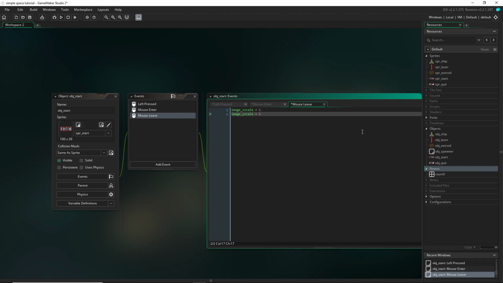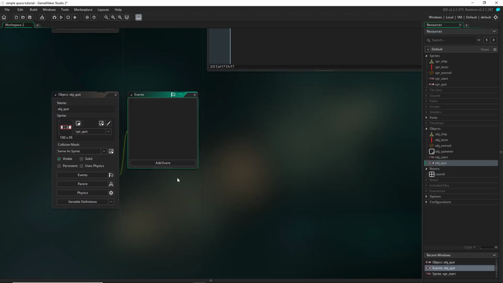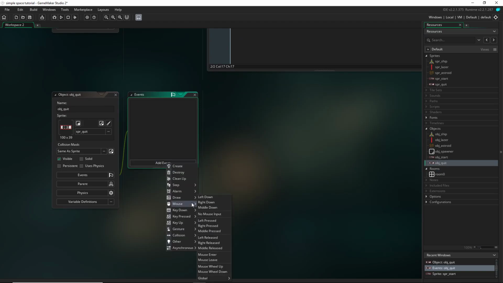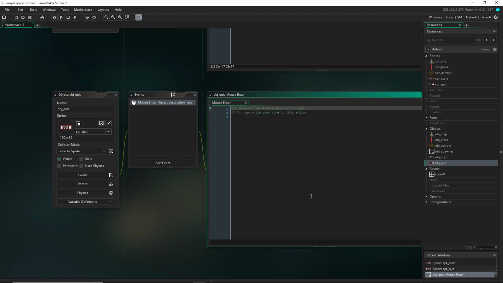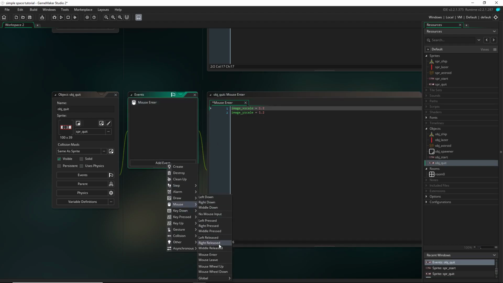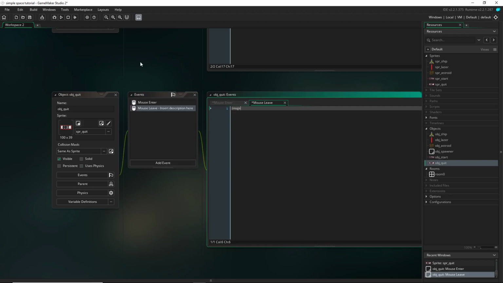And then I'm going to do pretty much the same thing with the object quit here. So I'm going to go ahead and do the scaling first. So mouse enter, and then I want it to grow again. Image_xscale equals 1.2, and image_yscale also equals 1.2. And then also have it shrink, so mouse leave, image_xscale equals 1, and image_yscale